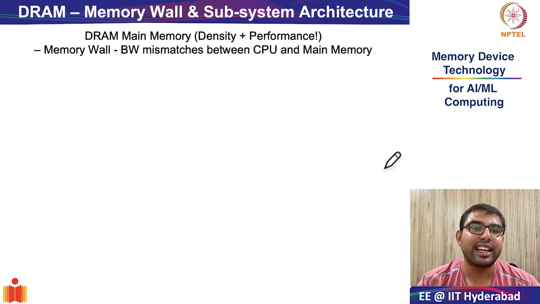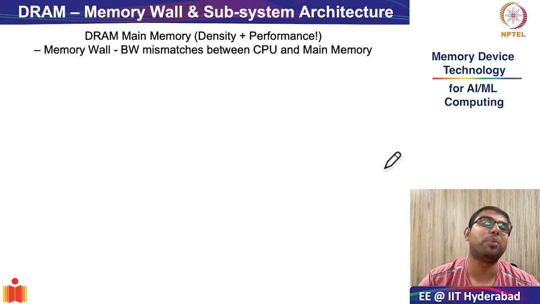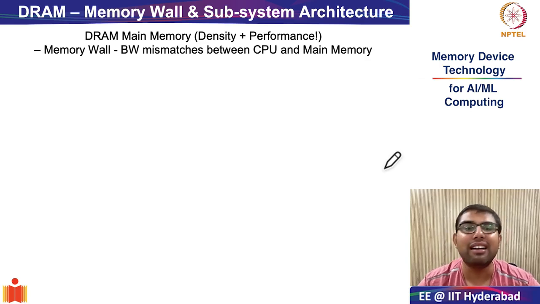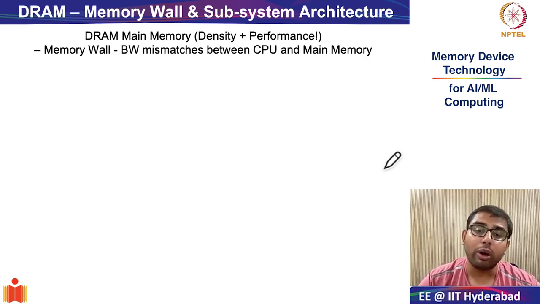Remember the example I gave you for designing DRAM main memory? The DRAM main memory is more like the all-rounder in a cricket team. So here in DRAMs or in the main memory, you would want very high density, and also you cannot compromise on performance. So this is a very unique combination. However, we saw that